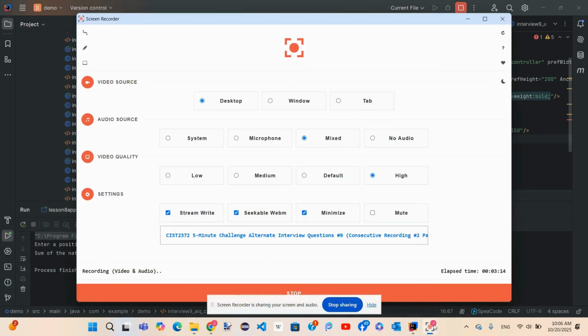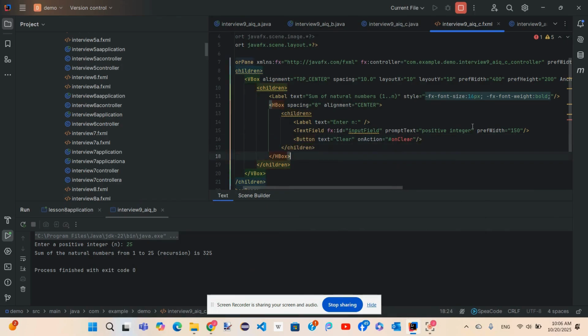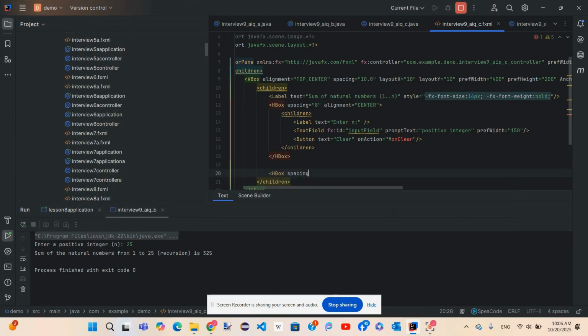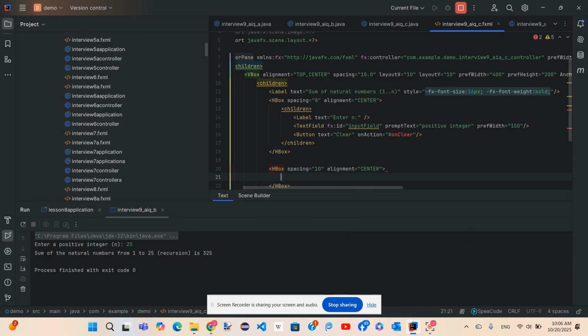Here, children: HBox, spacing, alignment center.